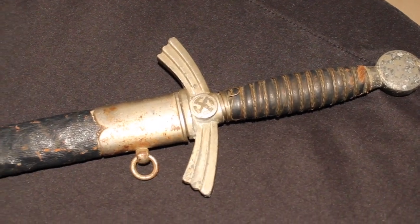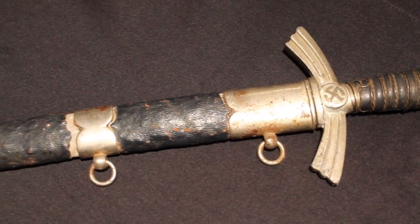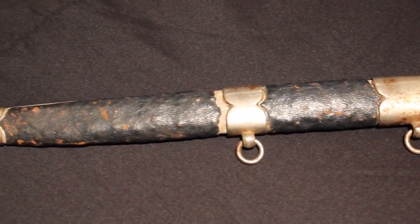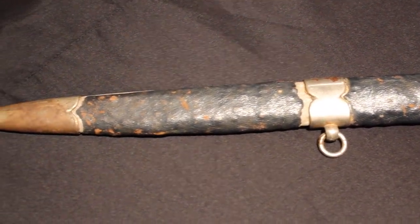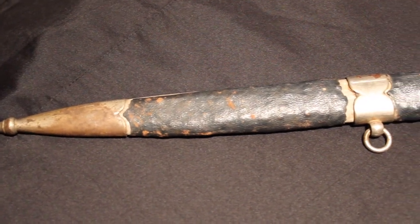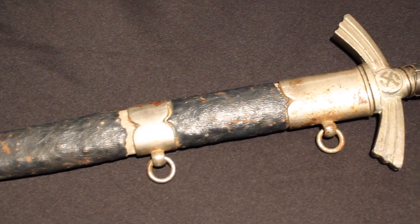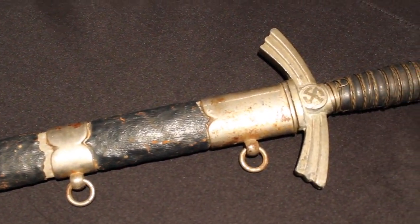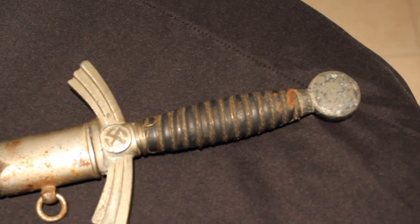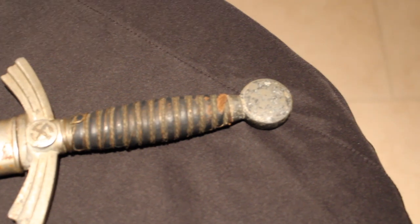Here's an example of a first model Luftwaffe dagger. You can see it has leather covering on both the grip and the scabbard here. I wanted to show you this example so you get an idea of how some of these relics of the Reich really tend to disintegrate and fall victim to weathering over the